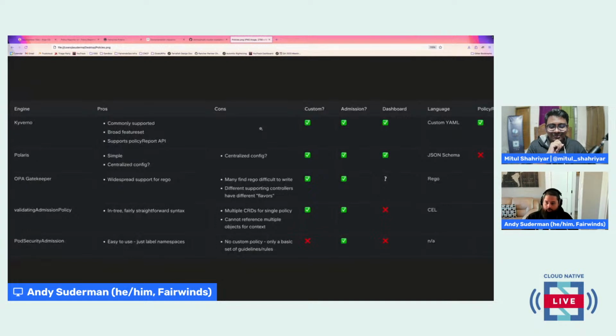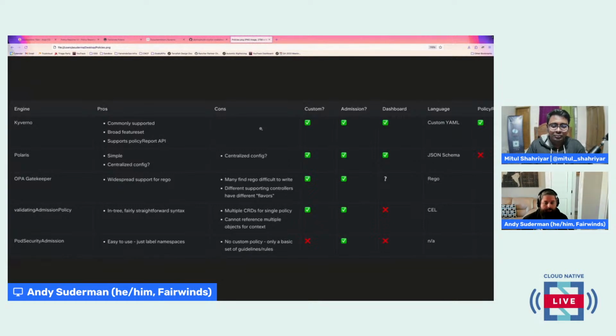If you go back a few years, Rego and OPA were probably the only ones out there. And then we added Polaris to the mix, and then Kyverno came along. And now we have 2 more things. We have validating admission policies, which are coming in the latest versions of Kubernetes, not GA yet, but it's coming. And then we also have pod security admission, which replaced pod security policies, which isn't necessarily policy, but it is a way to enforce policies.